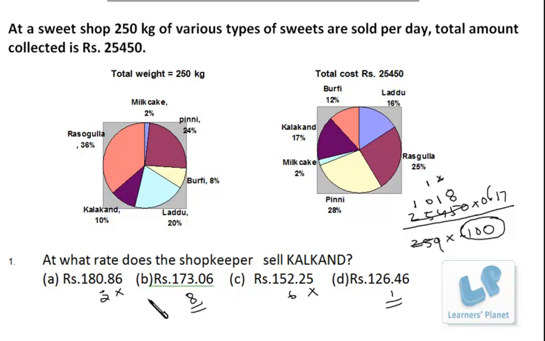Alternatively, just observe that the second last digits of the options are 8, 0, 2 and 4. That means it's unique. So if you calculate the second last digit of your answer, then also you can arrive at the correct choice. Now how do we calculate the second last digit? It's 1018 into 17. We are not going to do the entire product over here. Just see how we do the second last digit.